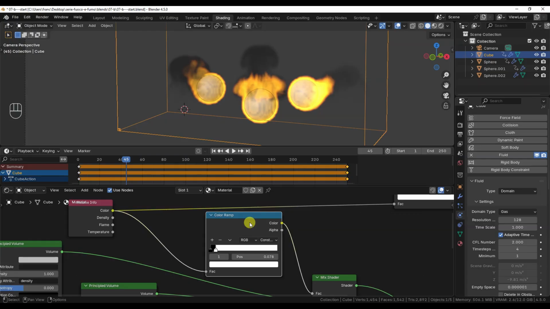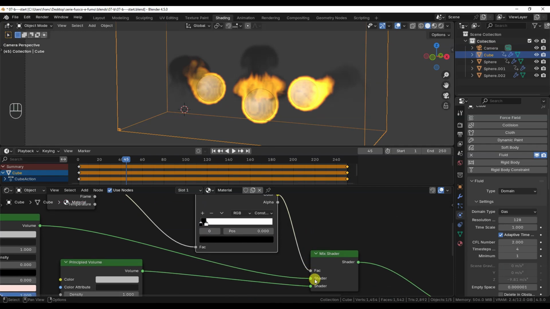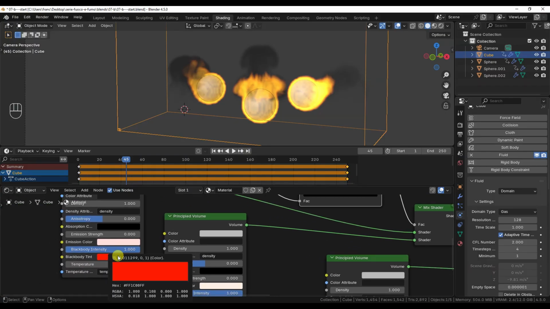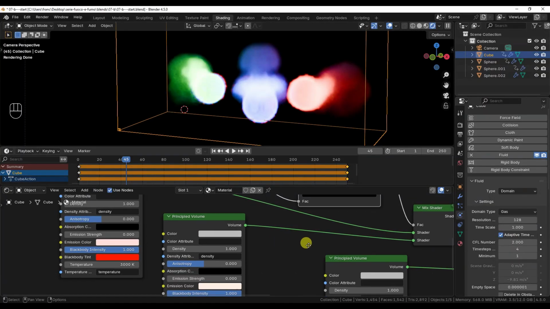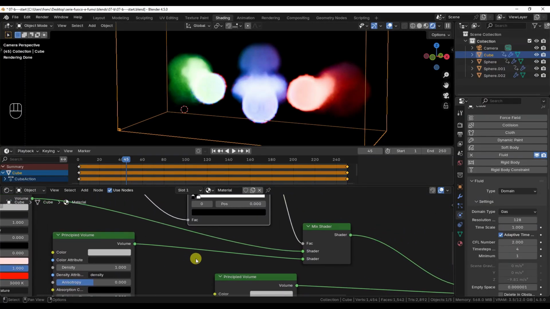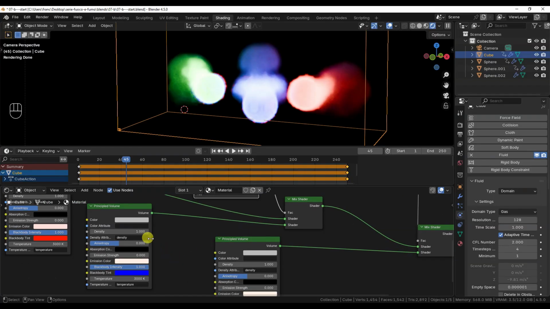The first color ramp separates black from the other colors. Black corresponds to 0, so it is sent to the first shader input of the first mix shader node, which in this case is connected to a principal volume node with a red blackbody tint. I'm also enabling denoise in the 3D preview to better define the color of the elements in rendered view. The second shader input of the mix shader is connected to a principal volume node with a blue blackbody tint. So at this point, if the smoke color is black, we get a red blackbody. If the smoke color is not black, we get a blue blackbody.